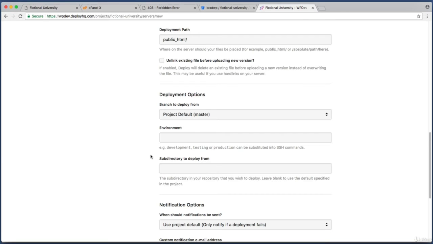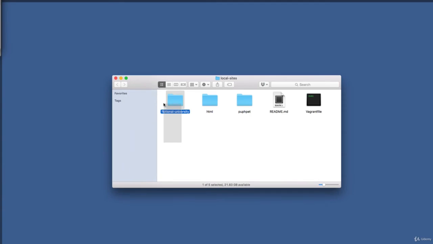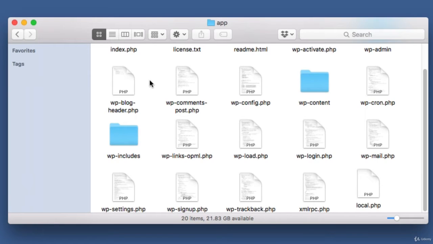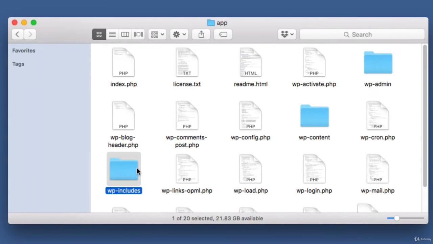This just depends on how you set up your folder structure in your Git repo. Basically, you want to point towards the folder that contains all of the main WordPress files. So in my case, I have my fictional university folder, but it doesn't directly contain my WordPress files. Instead, I want to go into my app folder because that's where all of the main WordPress files and folders